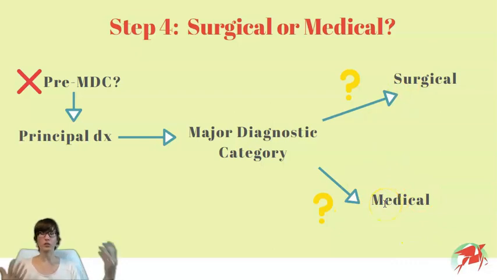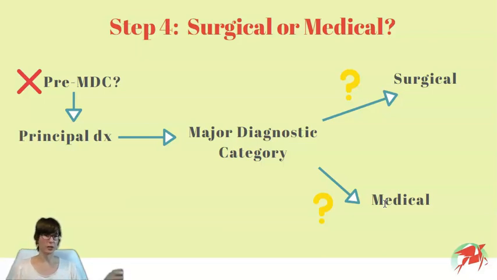As we mentioned, MDCs are comprehensive groups housing medically similar diagnoses or conditions belonging to the same organ system. And because there is such a variety of treatments possible, MDCs will be further specified into these two groupings, surgical or medical. If a patient has a qualifying procedure performed during the inpatient stay, their case will go on to one of the surgical DRGs. But if there was no qualifying procedure, the case is a medical DRG.